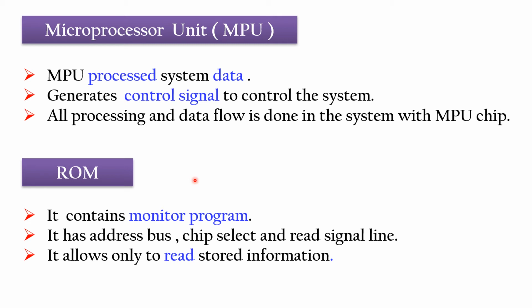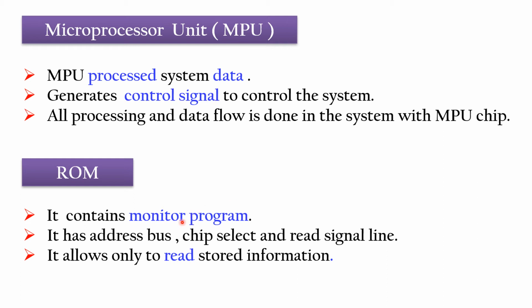Okay. The common types are PROM, EPROM, EEPROM, right? So we have all seen these types of ROM in 11th standard. Now here the ROM, the program memory, contains permanently stored programs known as the monitor program.